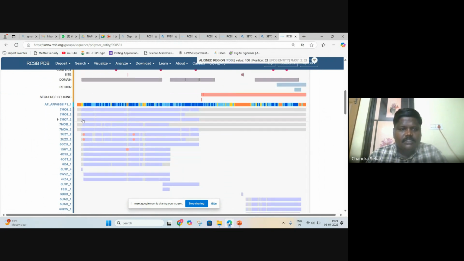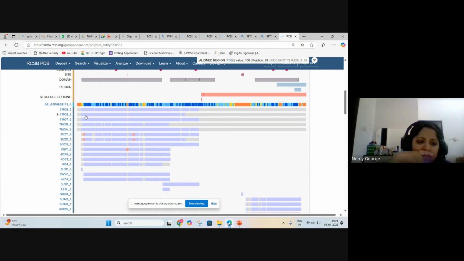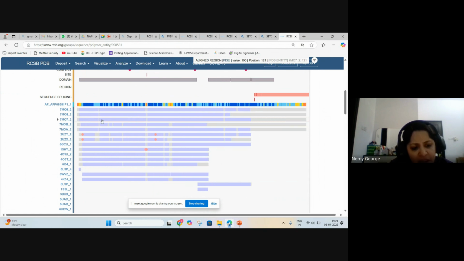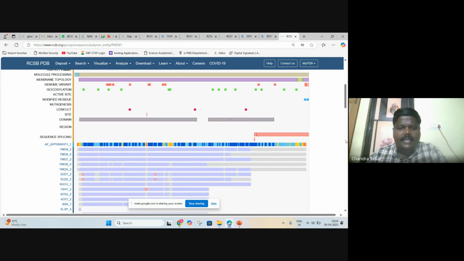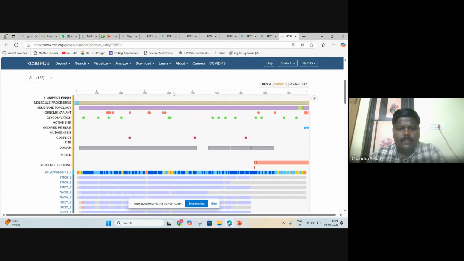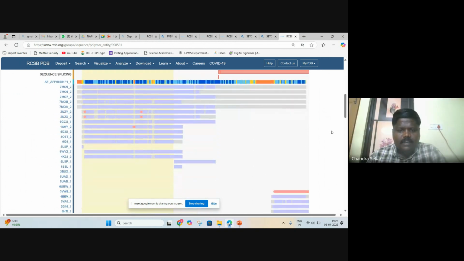There is another structure called 7M08. But I think on that too there is a gap, sir. So we are checking whether in our region it is complete or not. Here again it is not covering. We need from 0 to 500. This is the domain, this domain we need. Whatever is covering in this domain, we can go for. Again some gaps are there. 7WVZ, 6WVZ.